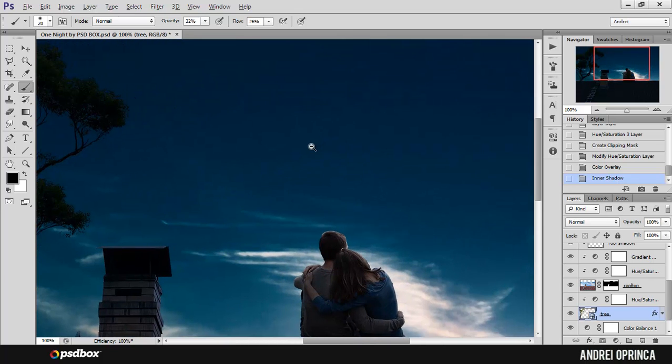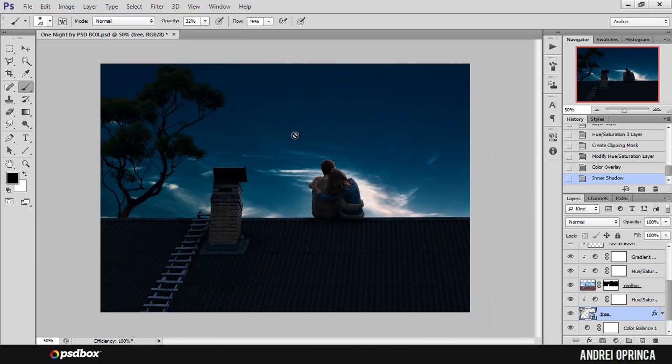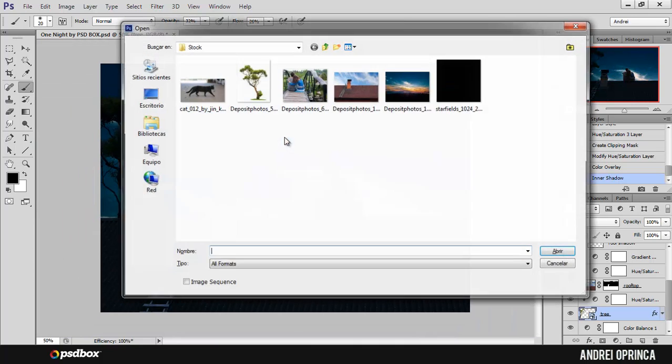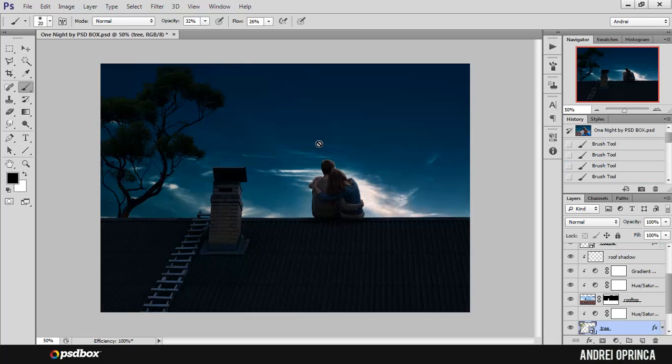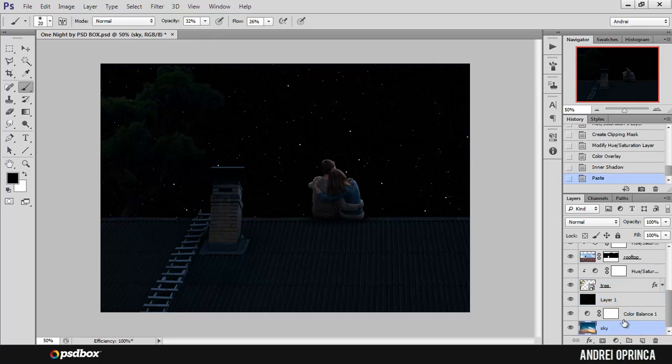And now let's add those stars. I used a stock image that I found. It's really good. You can also use the noise filter if you want to, but I had this in the stock folder, so I used it. Select it all, copy it, and paste it above the sky and the adjustment layer. So you can see where I had that sky there, and I paste it above the color balance. And I'll name this